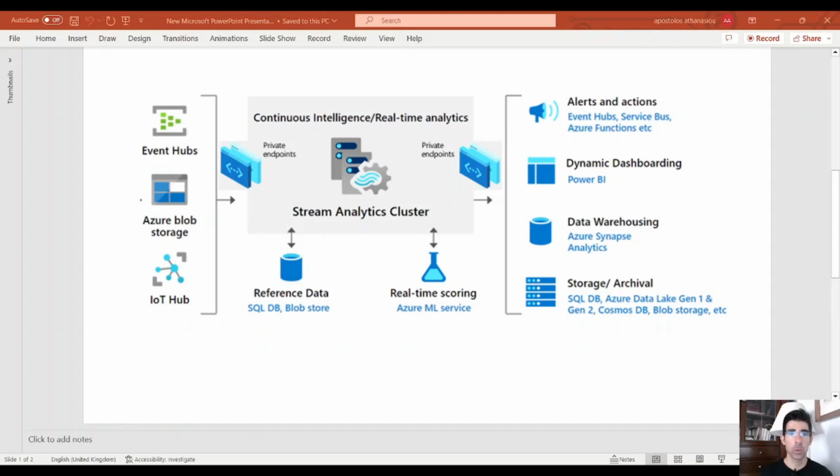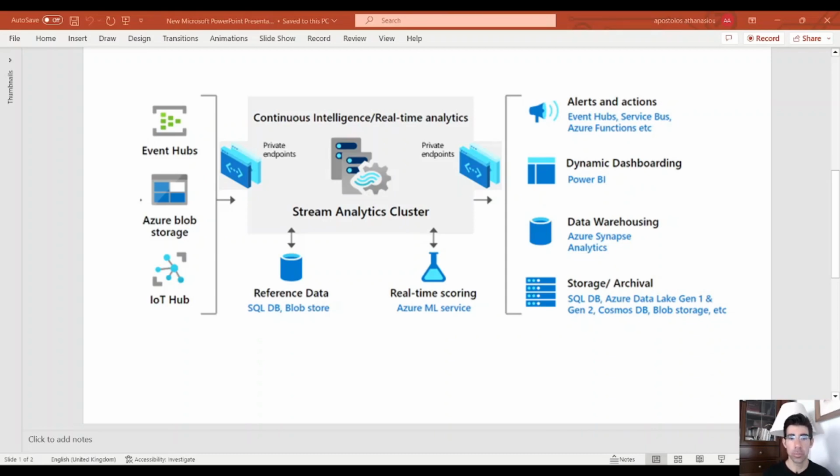This is a diagram I took from the documentation demonstrating how Azure Stream Analytics works. As you can see, we have EventHub, IoT Hub, and Blob Storage as inputs, then a Stream Analytics cluster which allows us to process and filter the data in motion, and we can have multiple outputs like Azure Functions, storage accounts, CosmosDB, Power BI, if you want real-time dashboards, and other Azure components. If you think about it, Stream Analytics acts as a middleman who can process the streaming data and provide directions